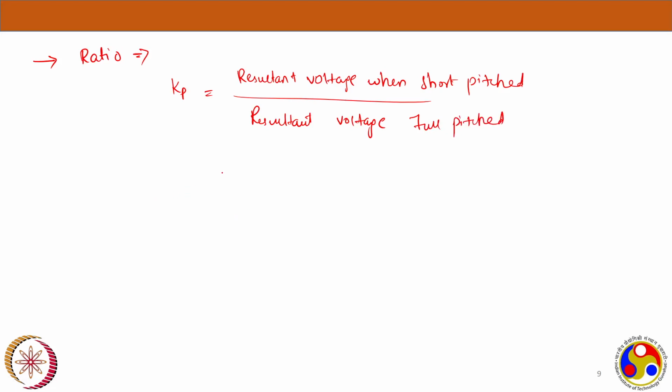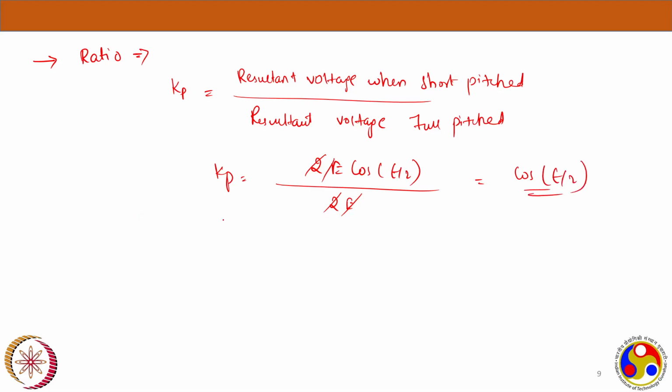Okay. Now Kp is equal to, what is the resultant we got in short pitched? 2 times E cos epsilon by 2, and 2E. 2E gets cancelled and Kp is cos epsilon by 2. So this is what you get as the